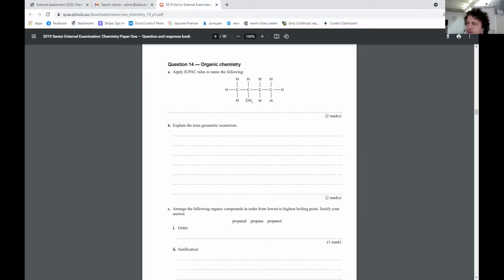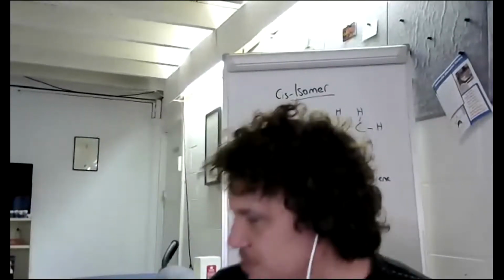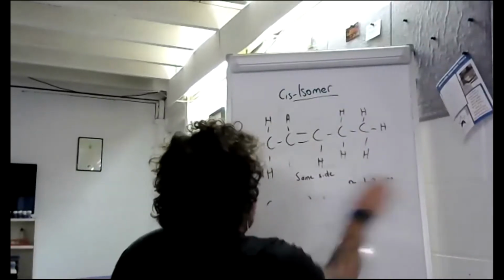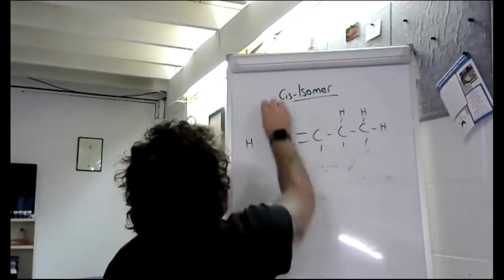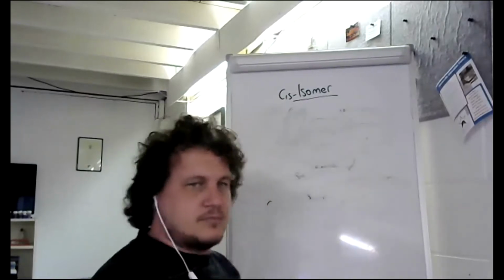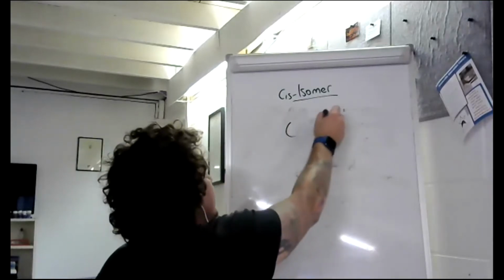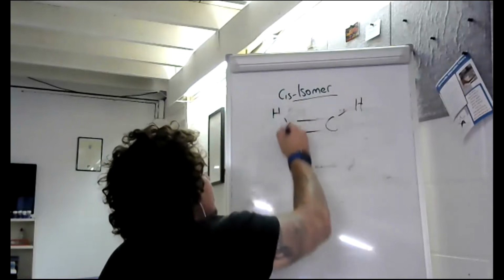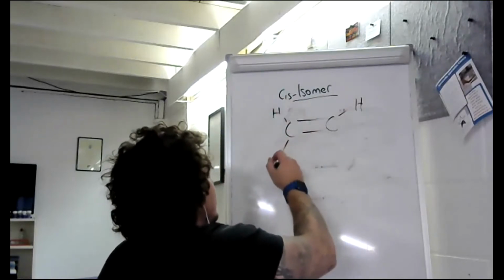Okay, so geometric isomerism is like when we have our cis and trans isomers. So we have the same molecular formula. So again, in an exam like this, always give examples. So we can have, if you drew an example like this,